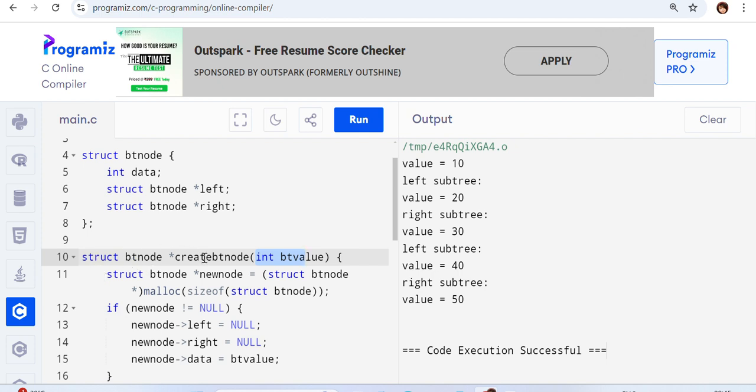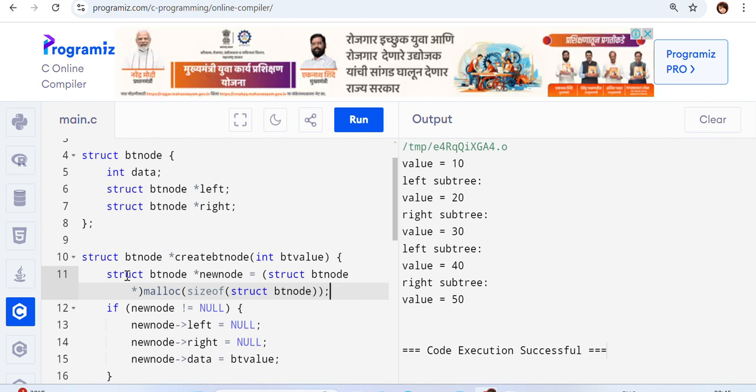In create node, I'm going to create a new node. The syntax of creating a new node is struct bt node pointer new node equal to, okay, malloc returns a void pointer. This void pointer has to be converted by a cast type,